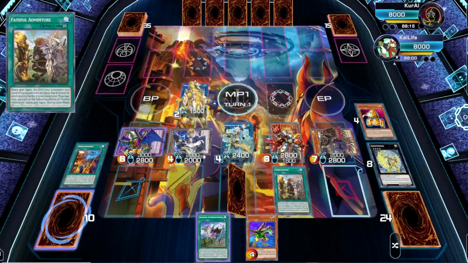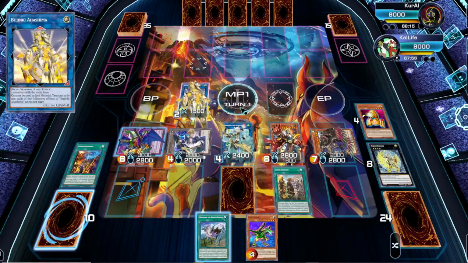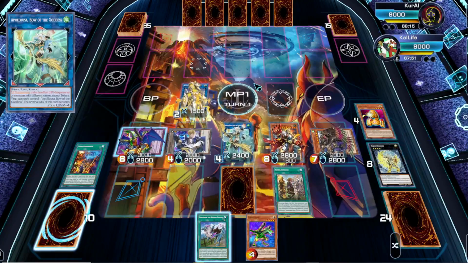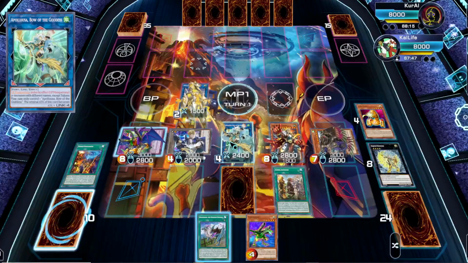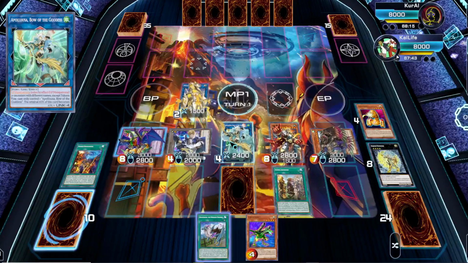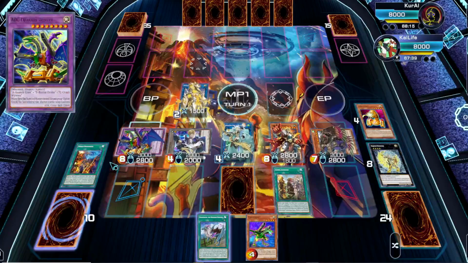Now at this point, if I wanted to, I could go ahead and toss out the Draco Berserker, get rid of the Bujinki, and we can go into another ABC Dragon Buster. But there's no point in doing that as our hand is already cracked. We have an Apollousa that's literally indestructible. And then on top of that, if it tries to get basically attacked and beat down, we do have